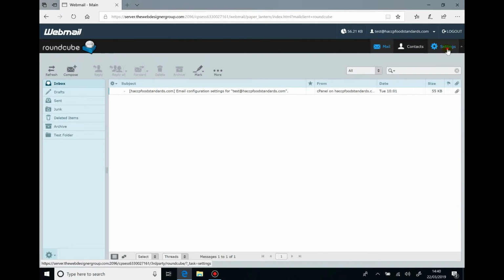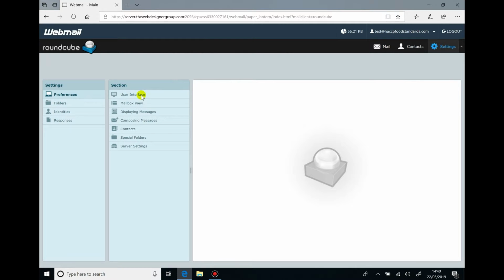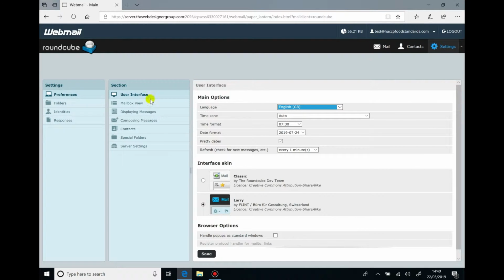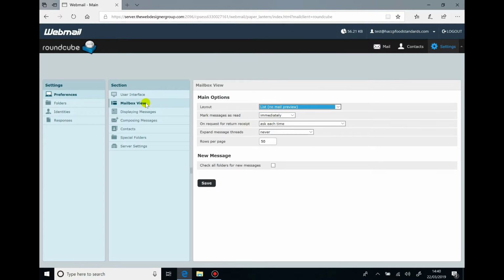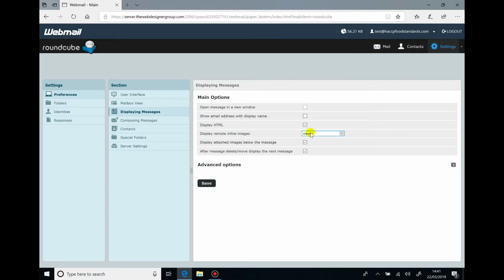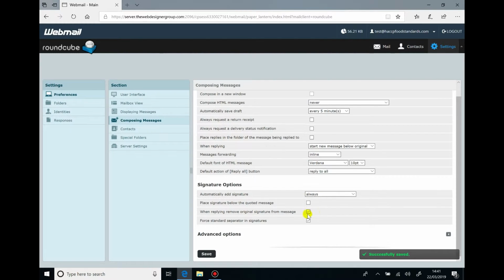Now, you can also adjust your settings by simply clicking on the settings tab, and you can change certain things like when messages are marked as read. You can see whether you want HTML, which means quite simply images and things like that, whether you want to see them all the time. I would recommend setting that to always. You can also set your signature,